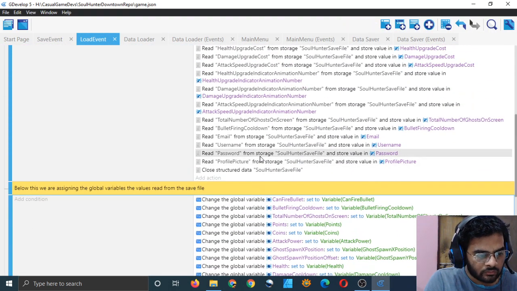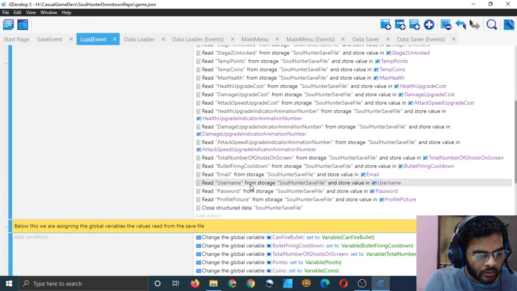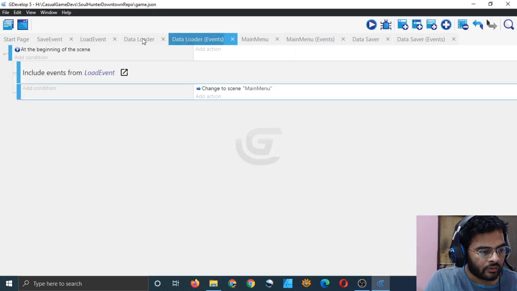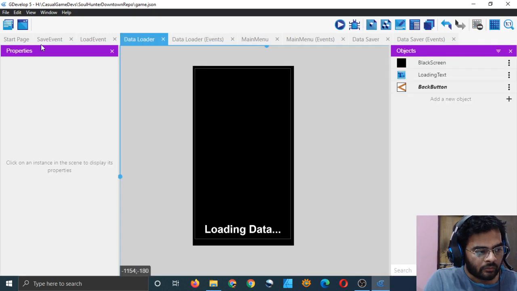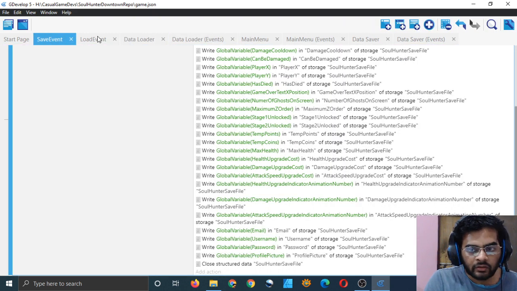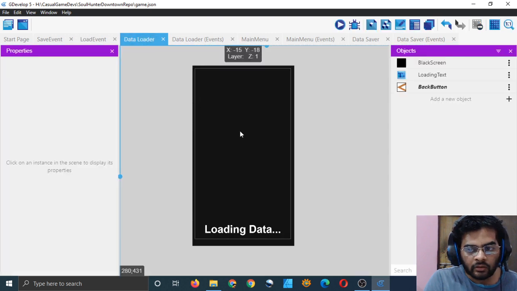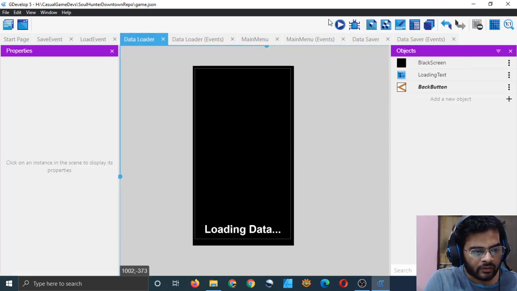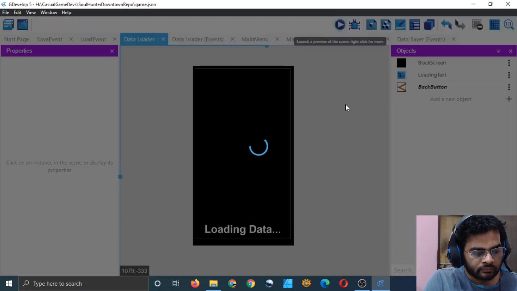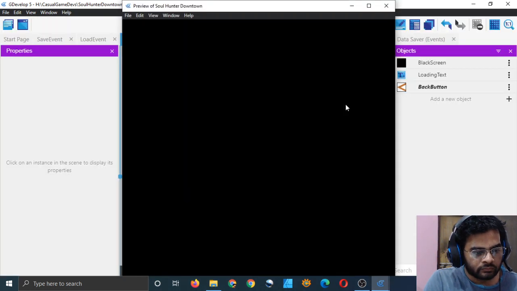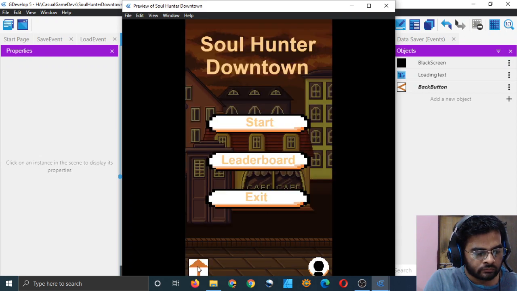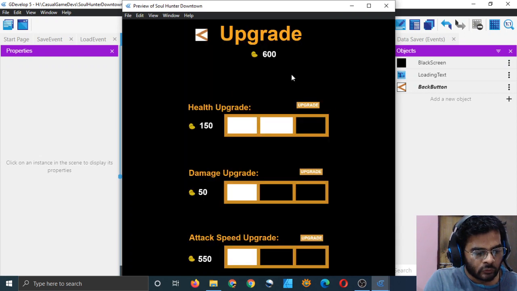We'll test it out soon. And attack speed upgrade indicator. Let me test it. I think since I reset this scene, it will reset the data also. But let's see what happens. The old one, which is good.